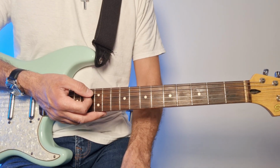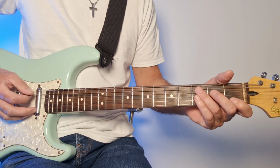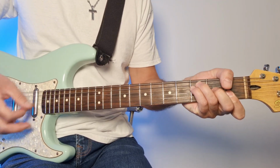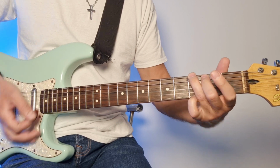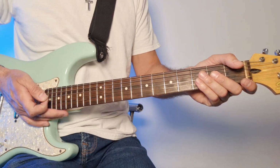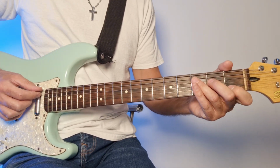You could also do a more in-depth strum pattern. You can go, which is quite nice, gives it a bit of a Latin kind of feel. It's used on a lot of rock and roll ballads of the day. So what you'd do, you'd go,